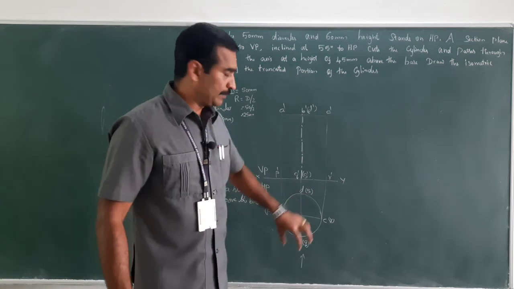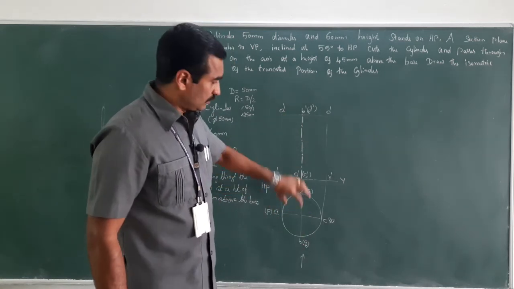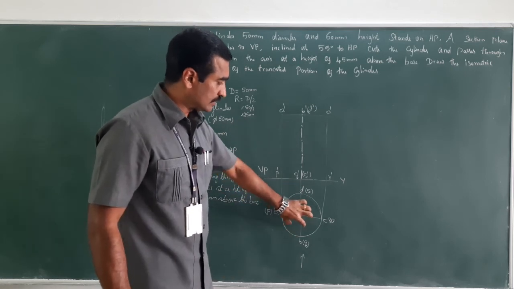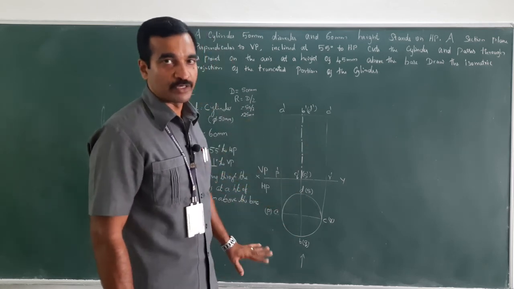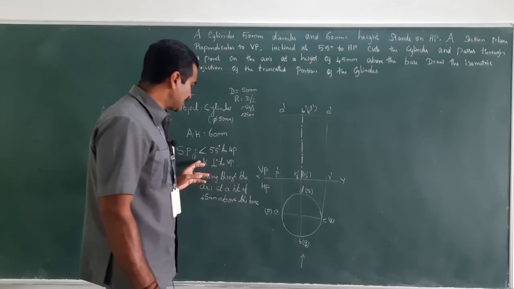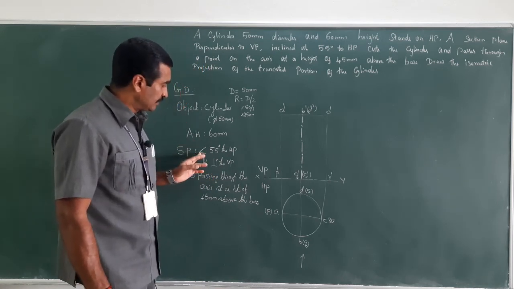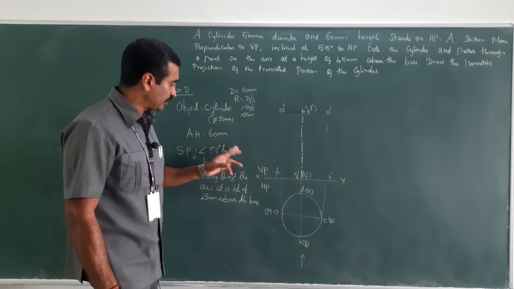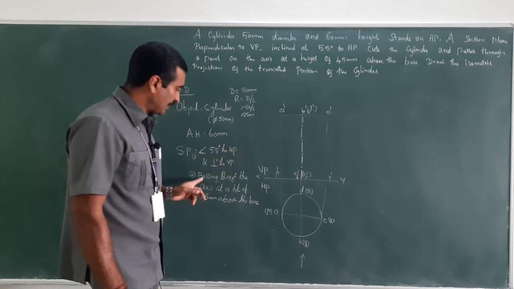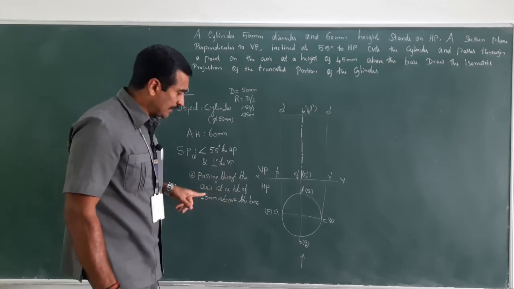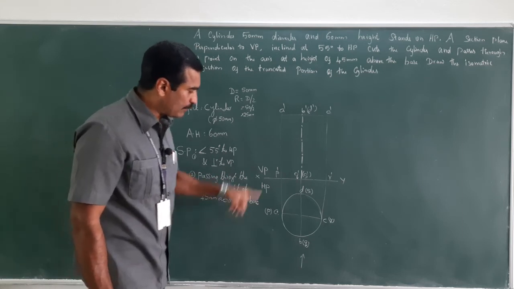Right. So the normal, that is the resting position of the object, the cylinder, the top view and front view has been drawn here. Here the condition is that the section plane is used to cut the object, which is inclined 55 degrees to HP and perpendicular to VP, and how is that passing through? It is passing through the axis at a height of 45 mm above the base.